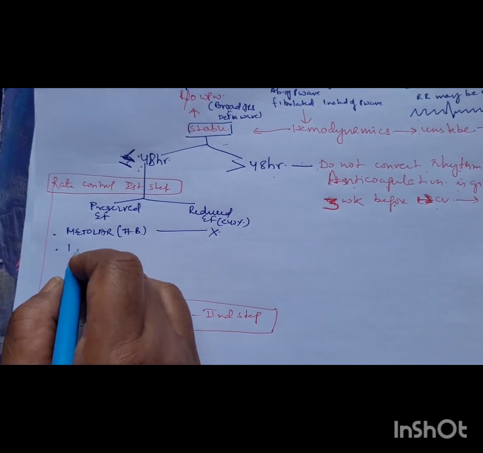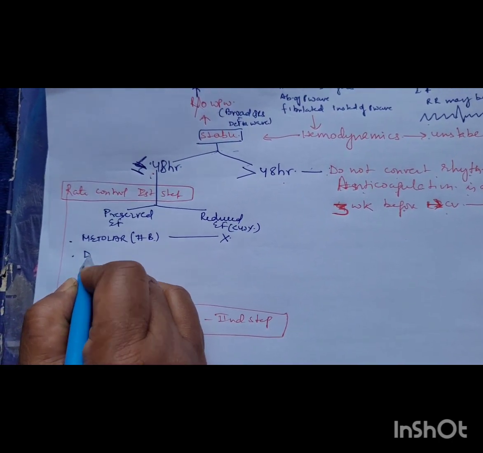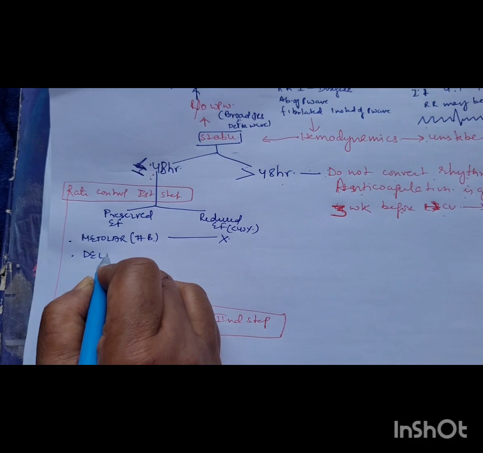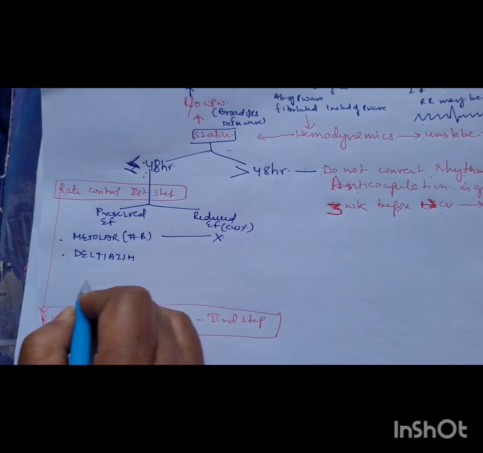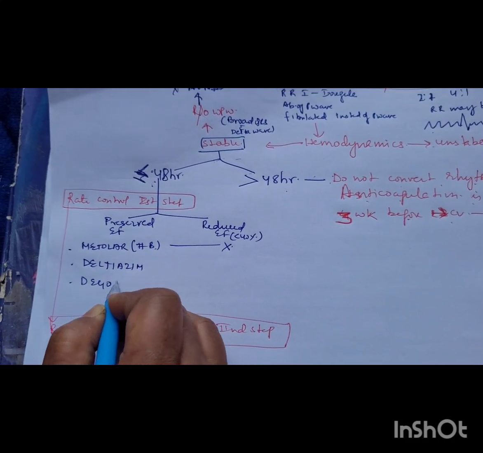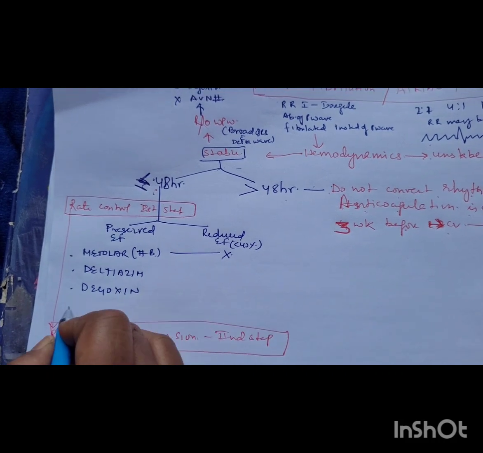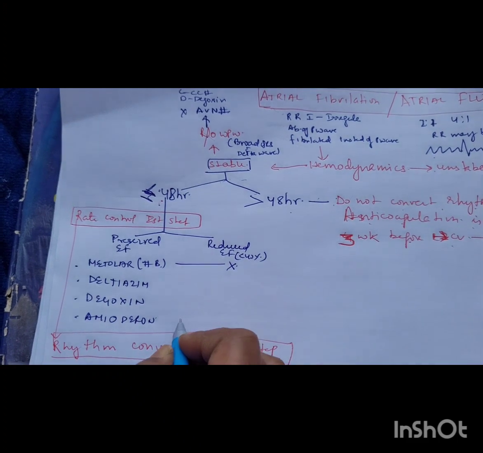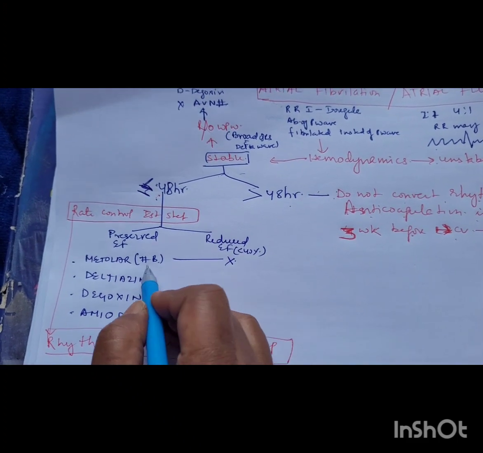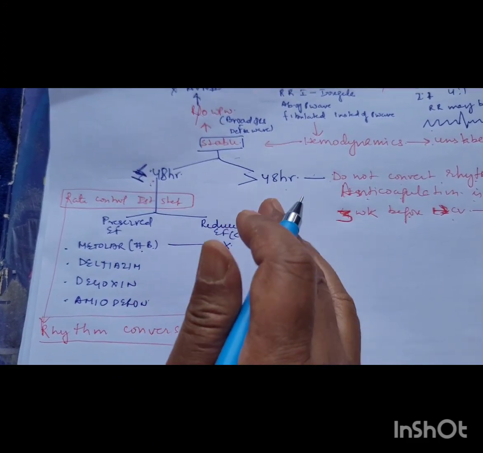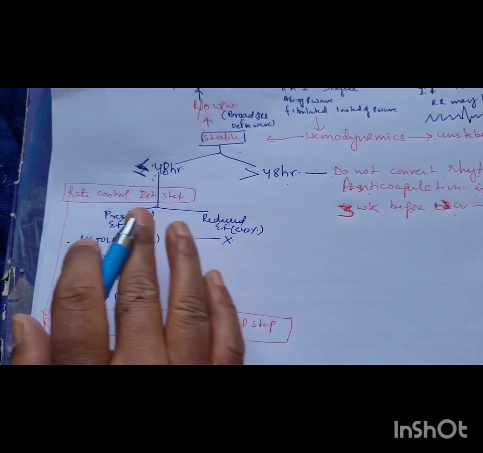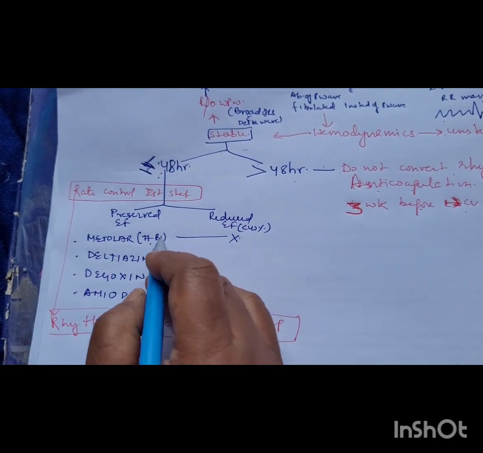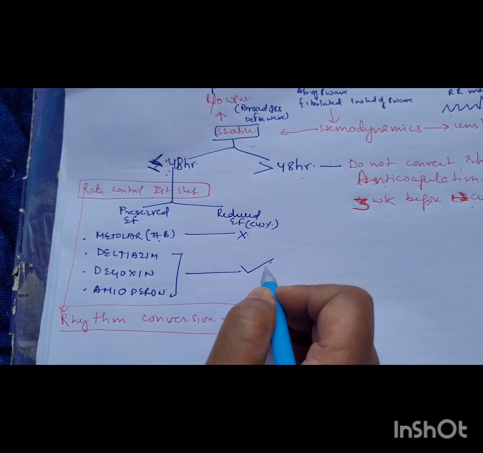So diltiazem, digoxin or amiodarone you can give for rate control in both cases, in reduced ejection fraction or in preserved ejection fraction. So this can be given here also. Okay,